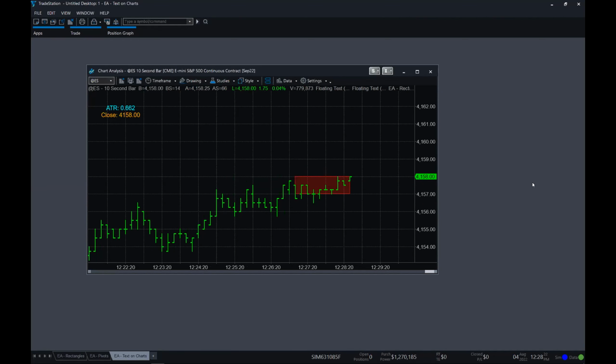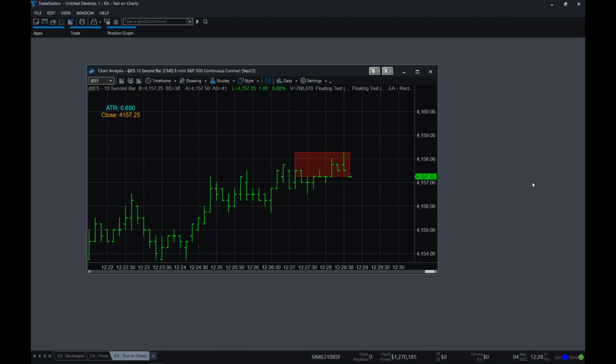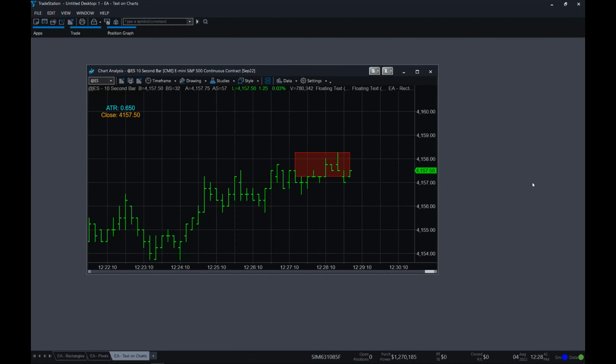David is asking if this can be used for past events like an all-time high. Yes, it could. So then you say, okay, when do you want to redraw?